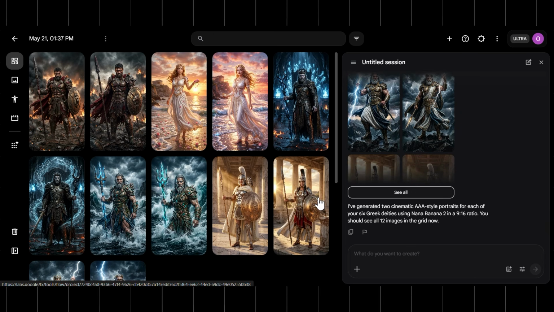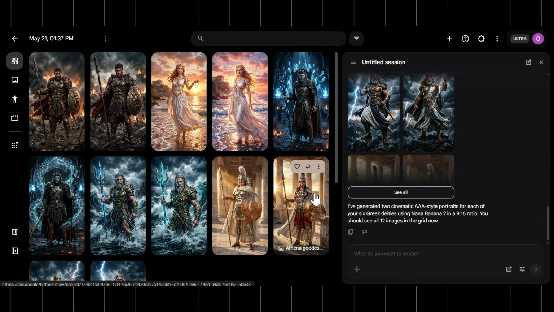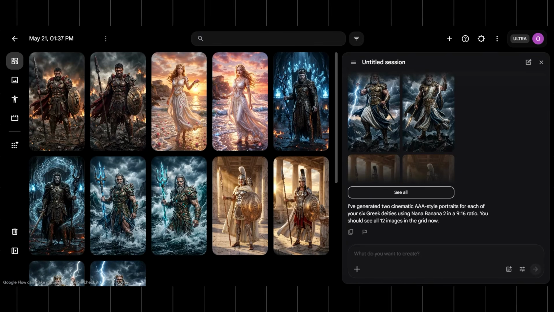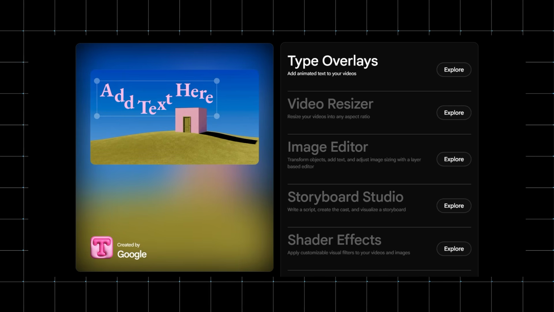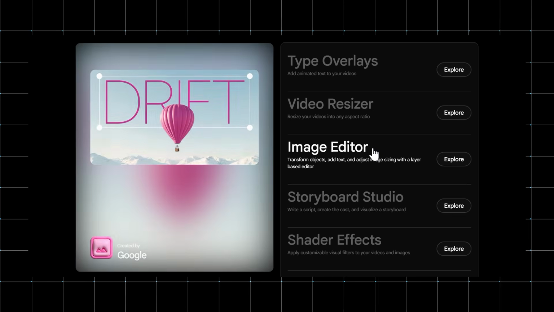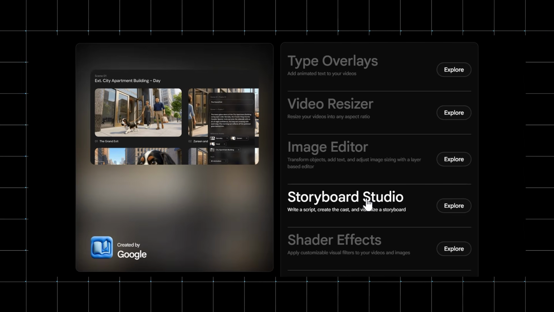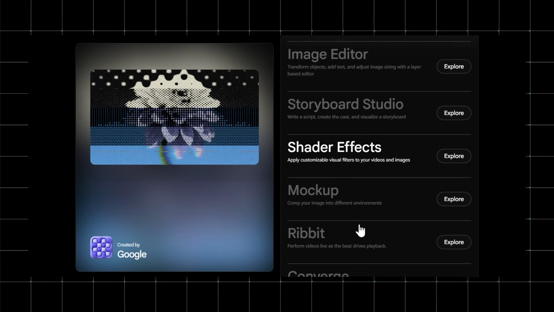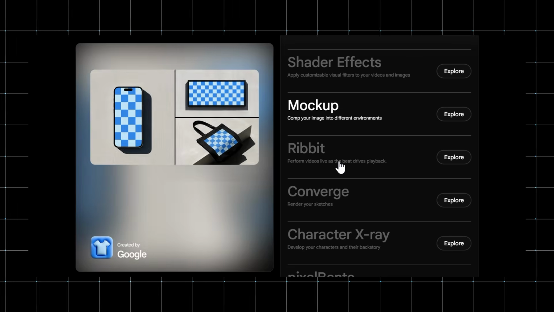This is how you transition from an AI enthusiast playing with prompts to a content engine running at enterprise scale. If you thought conversational editing was cool, wait until you see this. This is Flow Tools, and it essentially allows you to program custom software utilities using plain English. And the best part? It's not just for images. It works beautifully for videos, too.